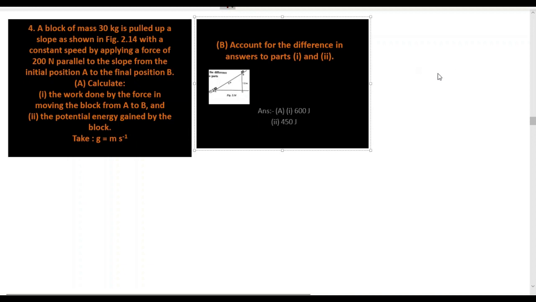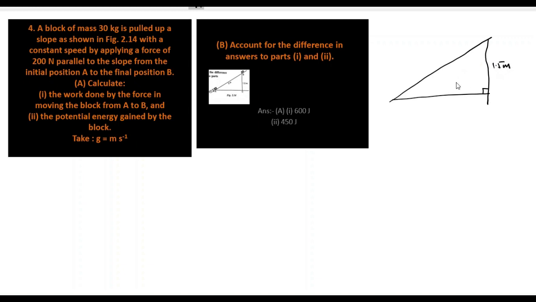So there is this inclined plane, okay? Slope. What they are talking about is a slope like this, okay? And that's the vertical height, and that's the horizontal distance. This is 90 degree. Okay, so the vertical height is 1.5 meter. And the length of this inclined plane is not visible. It's 3 meter or 2 meter.